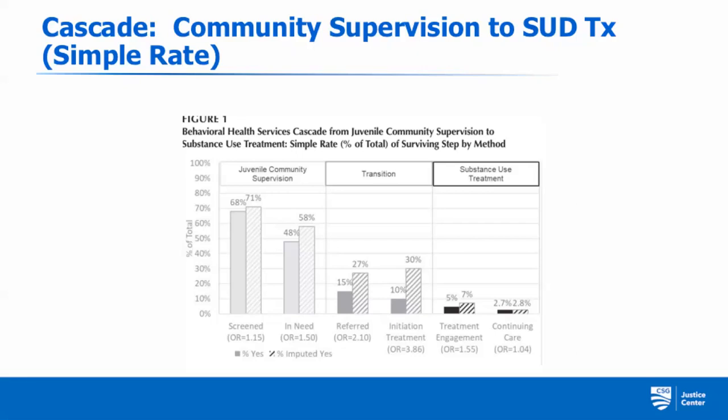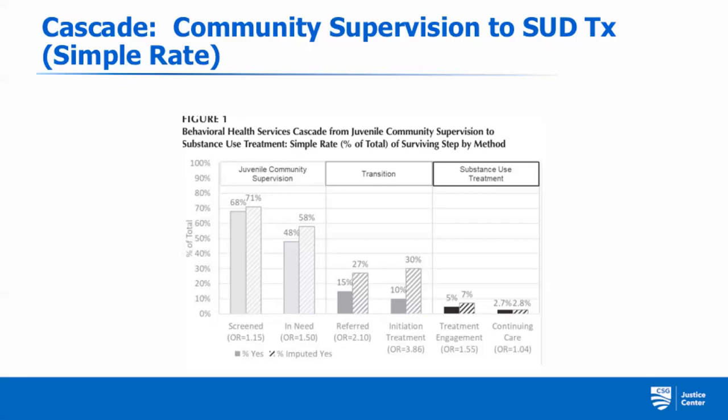They show you here what's called the actual numbers and then imputed. And the imputed, which is discussed in the article and I'm not really going to get into, is just a statistical method of dealing with counties where they didn't have full data. So we understand that not everybody's going to have a management information system that you can actually get this information from. But at least for screening and need, you should be able to get that from your performance management data that you're required to provide to BJA. So we encourage you to think about using that data that way.